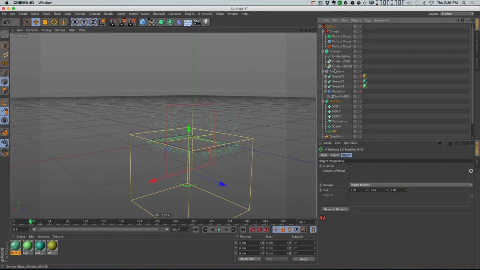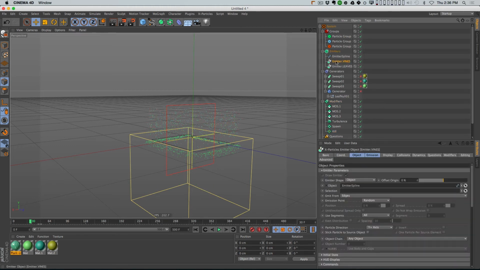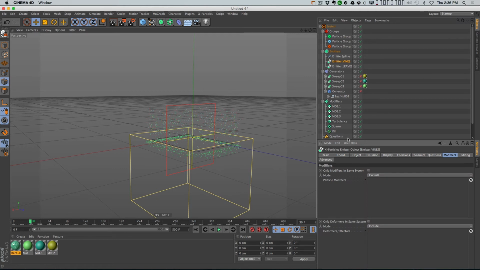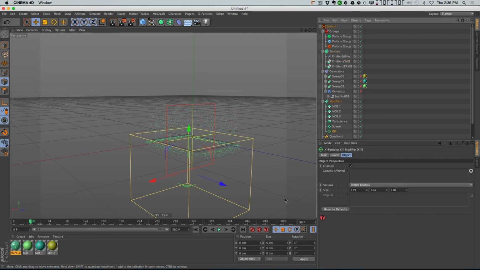I just want to kill the leaves, which means that what I'm going to have to do is go into my vines emitter, go to the modifiers tab and say exclude the kill modifier, so that that kill modifier doesn't kill the vines. It just kills those leaves down there at the bottom because I have it set to inside bounds. Now in theory, there we go. So now we still get leaves emitted up here, but that big bunch of leaves down there gets killed right off the bat. So now if I turn my generator on,